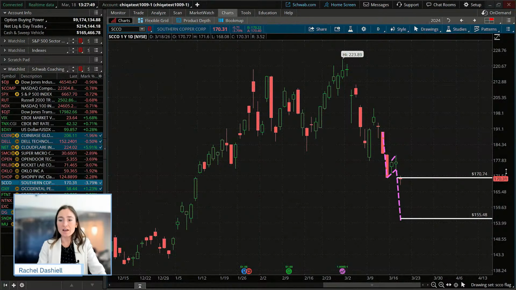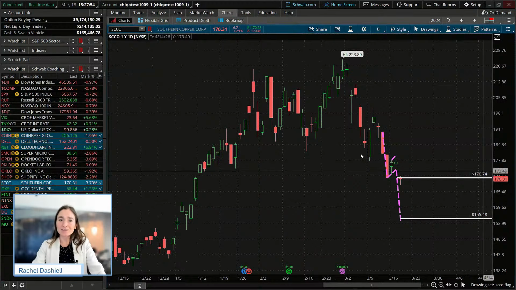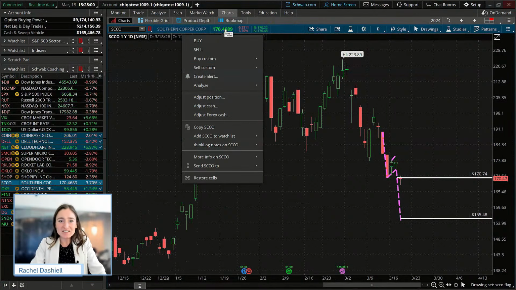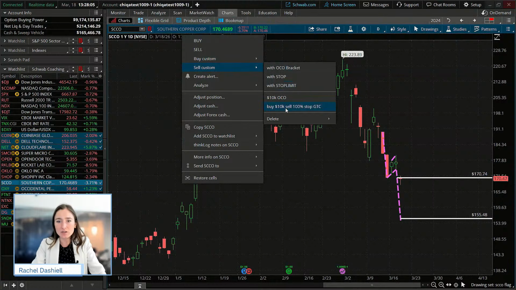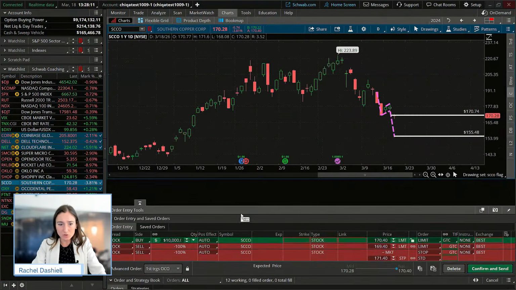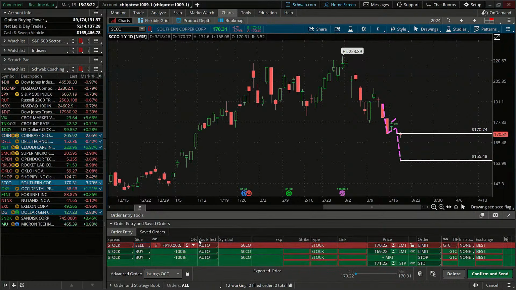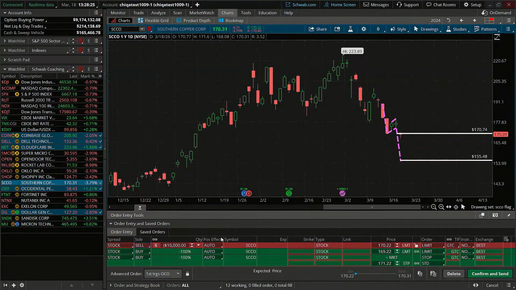So we're going to just do this on the equity. Now, I know we've never in this class shorted a stock. I think this may be a good opportunity to try that. So we're going to try that on this one today and kind of go through what that may look like. So I'm going to go to sell custom, and I am going to use my $10,000 OCO order here, this custom order template. And I am essentially going to, so we're going to go to sell and buy. So we're going to flip those. Okay, so we still have $10,000 to put into this trade.